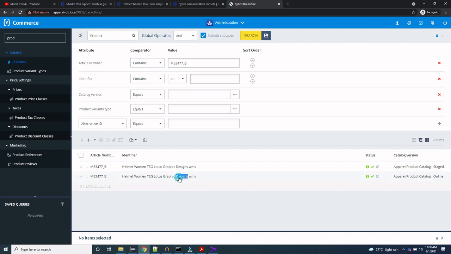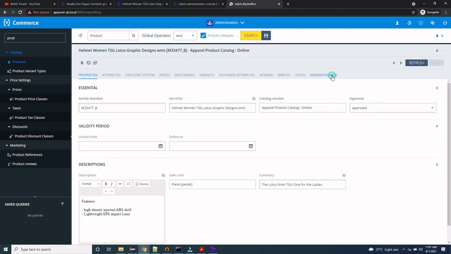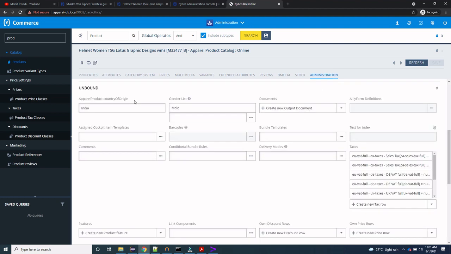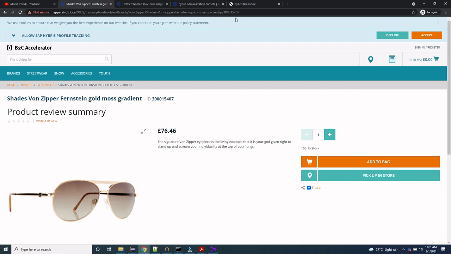We'll check this online version. Here, if we go to the administration tab, we can see that we have defined the country of origin as India, right? So that is why this component is currently coming on this PDP page.